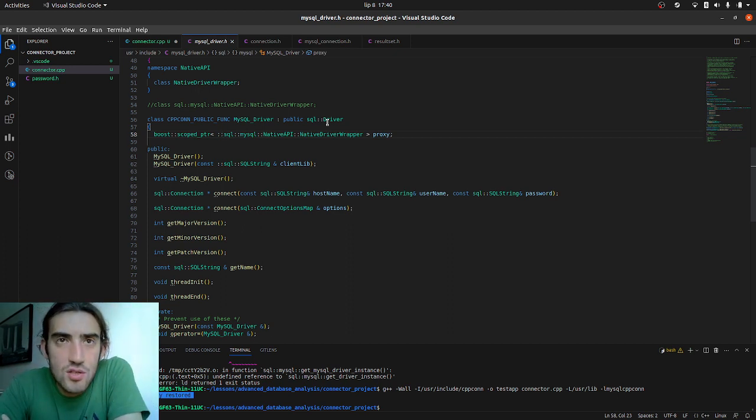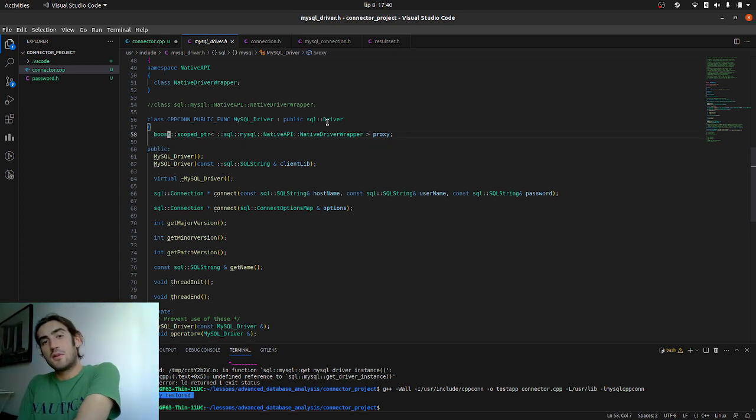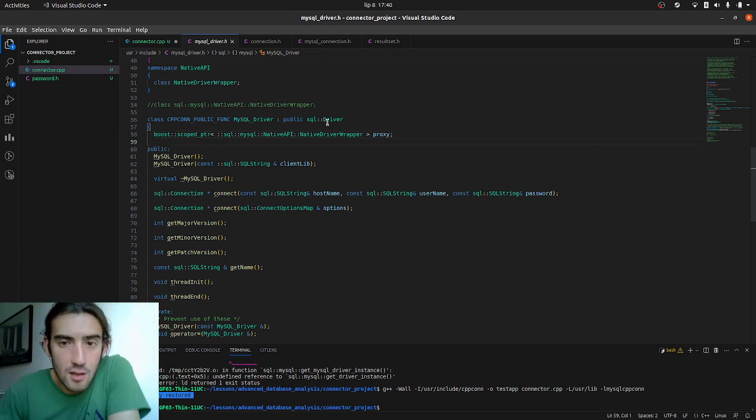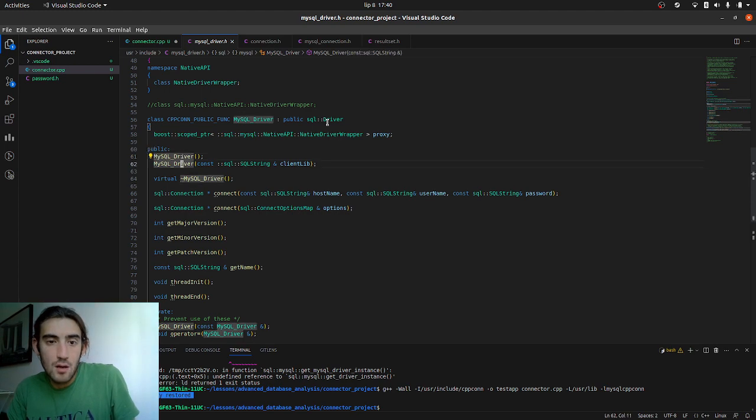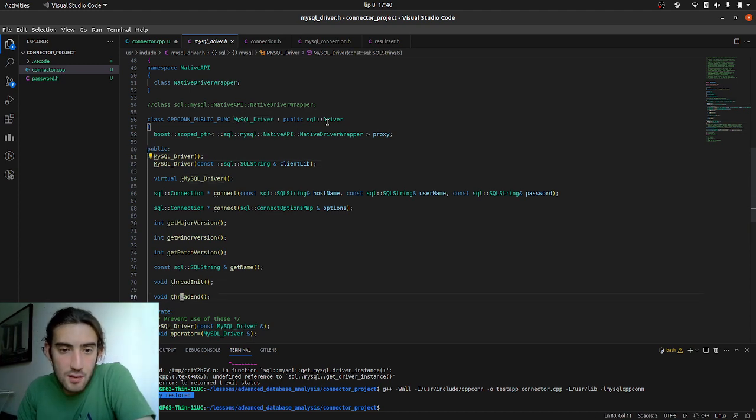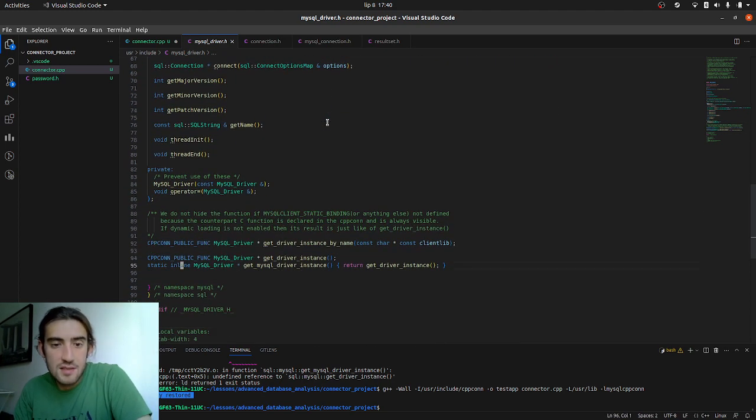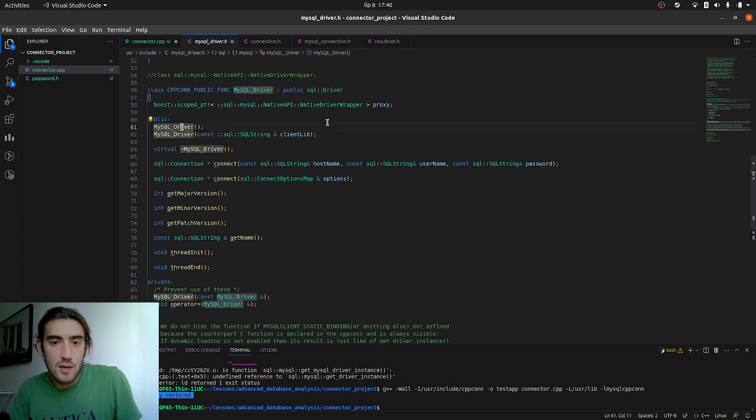actually when you install with sudo apt-get install MySQL, if you install it that way, you will also get the boost dependencies, so you can achieve that way as well. So I have the MySQL driver and MySQL driver type of object, and let's see, MySQL driver,